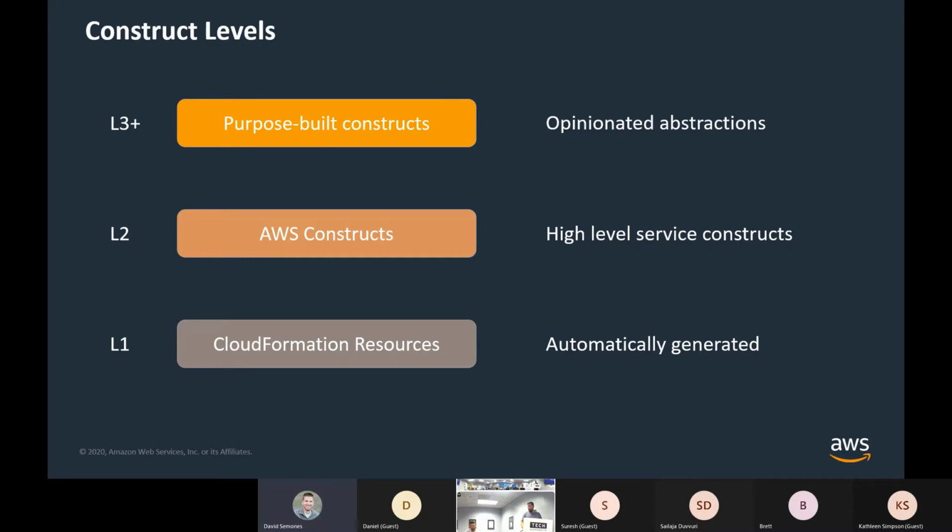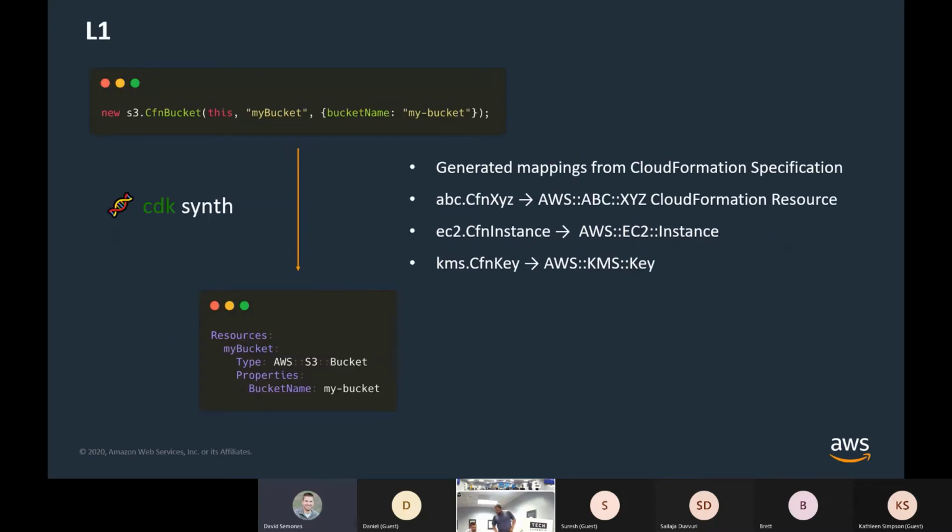It's a little behind on the chat, but there was a question in the chat. Does it take CloudFormation templates as an input to convert into a project? There is a capability now that we're working on, because this takes your CDK code and turns it into a CloudFormation template. We do have a tool that you can run that'll take an existing CloudFormation template and turn it into CDK code. It's not very pretty, but it does that first heavy lift for you, and then you can refactor it from there. Hopefully that answers the question.